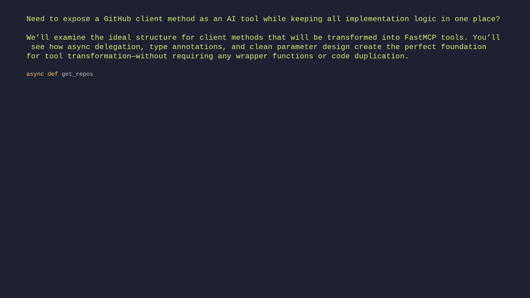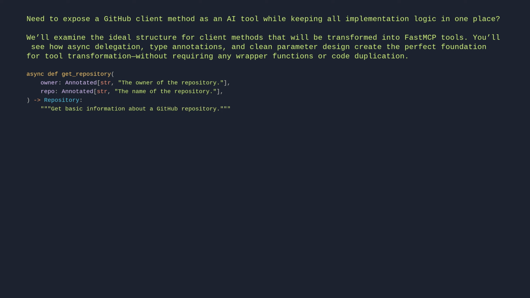async def get_repository(owner: Annotated[str, "The owner of the repository"], repo: Annotated[str, "The name of the repository"]) -> Repository: "Get basic information about a GitHub repository." return await github_client.get_repository(owner=owner, repo=repo)